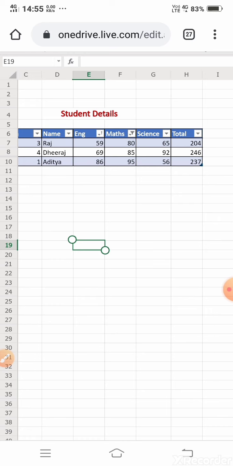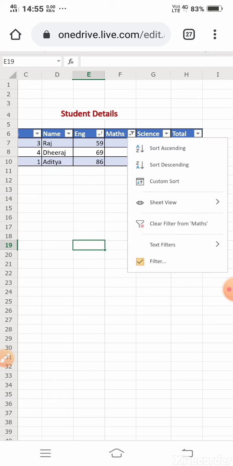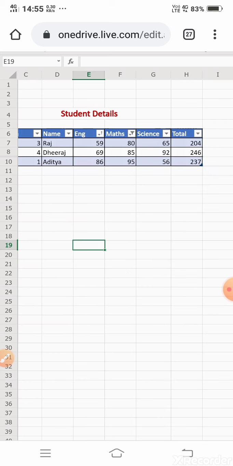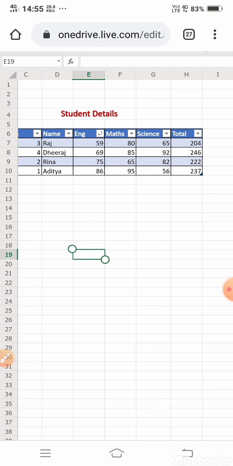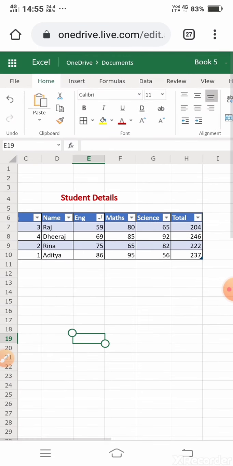Only 3 people are present in this table. Again, I don't want this filter, so go to clear filter from maths. See, all the options have appeared.